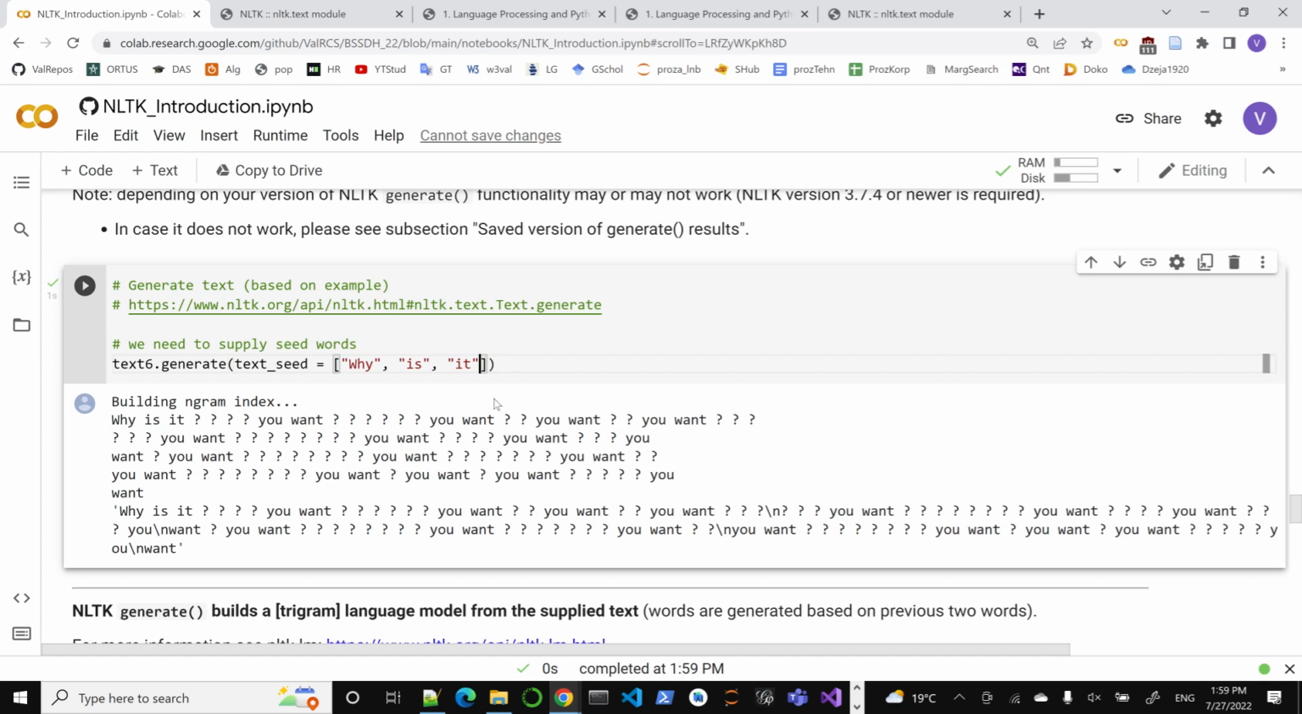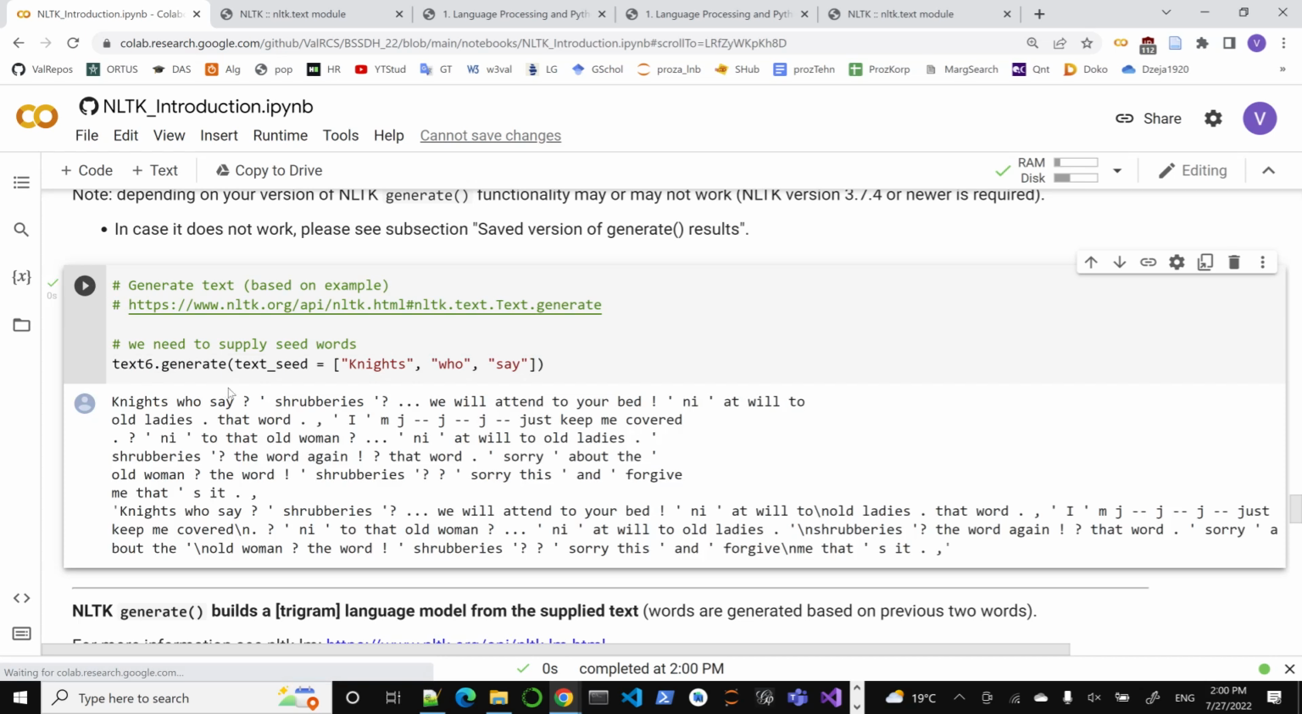maybe we need to. Knights who say. Right? Okay, let's see if this happens. What happens now? Still too much punctuation. So this didn't work. Well, it says don't say "ni" to that old woman, but well,